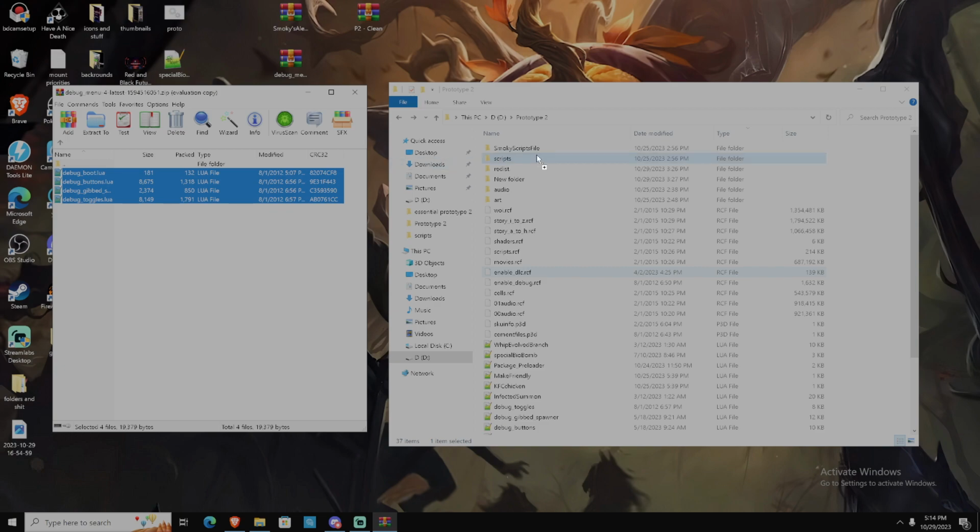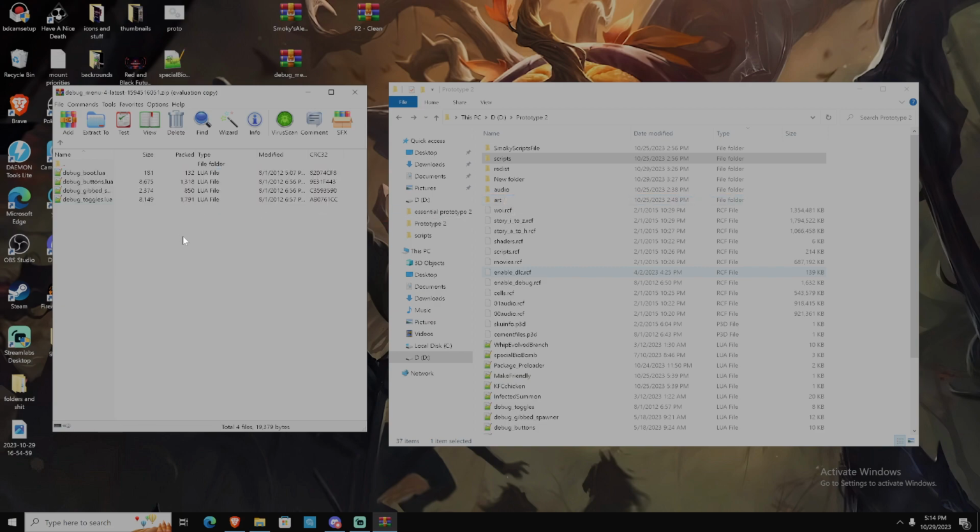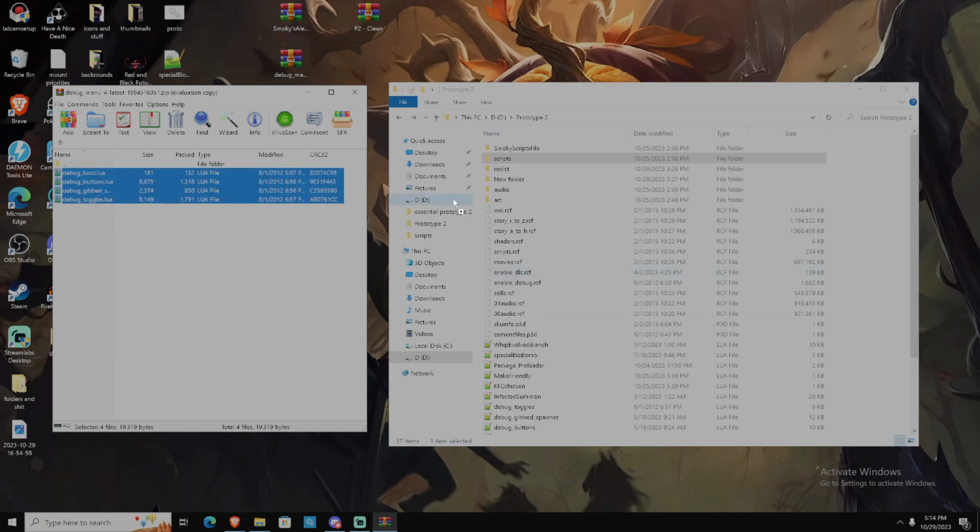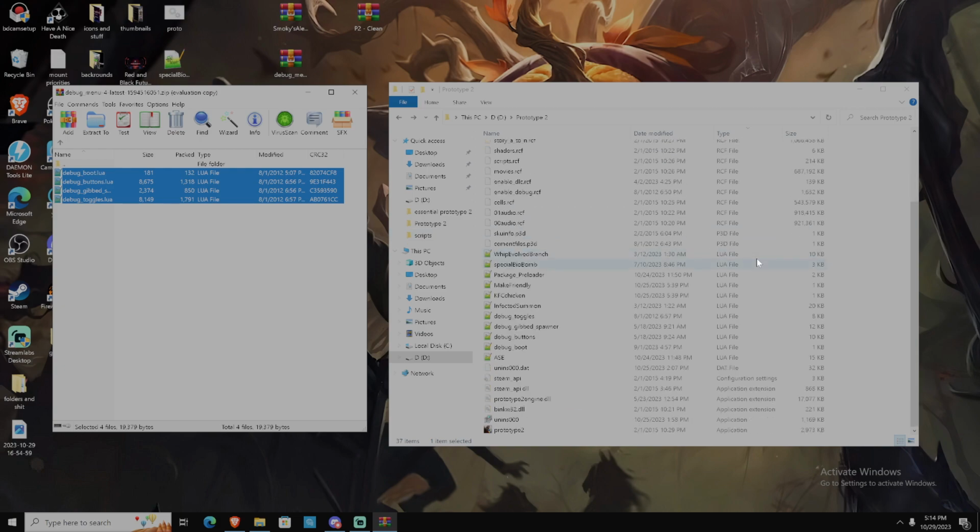You can drag these files in, yeah, first you have to put them in scripts, okay? Drop them in scripts, and you can drop them in Redis. You can put them in audio and art. I'm not sure why someone told me to do that. Maybe you don't have to. And then also drop them in here if you want to get it to work, in case it doesn't. I don't know why you have to do that, but